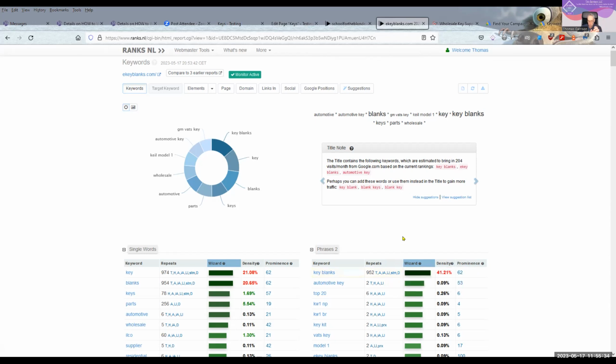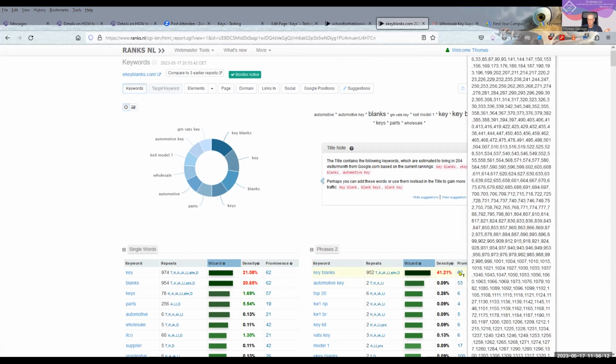So does that make sense? You go through each one, hold your mouse over it, and it tells you what that is. It says this is a title, and it occurs there. That's where the keyword appears. Overall, it's repeated 952 times in the page, which is 41.21% density of the total content. There's an algorithm or a mathematical equation to figure it out, but you can go to a keyword density site. I believe I've got one or two in the tools, and look at what your keyword density is.